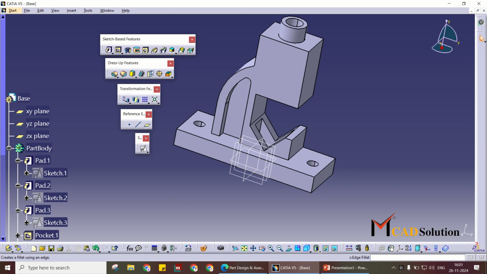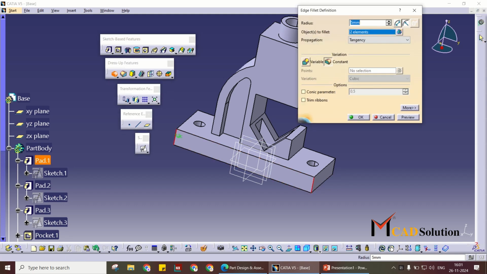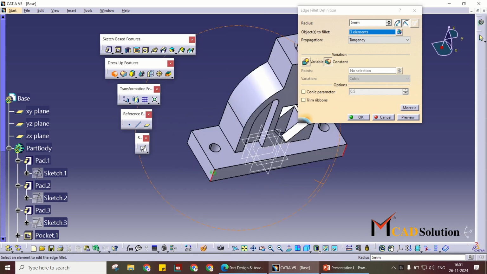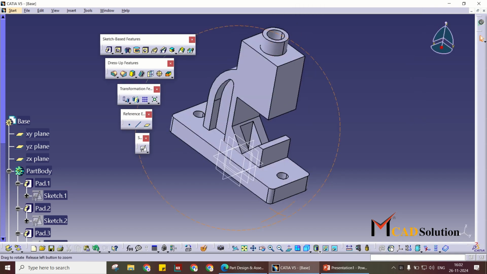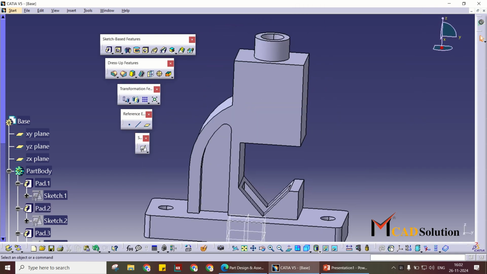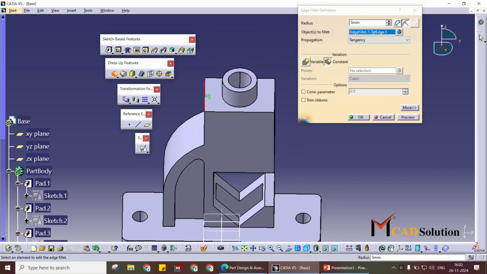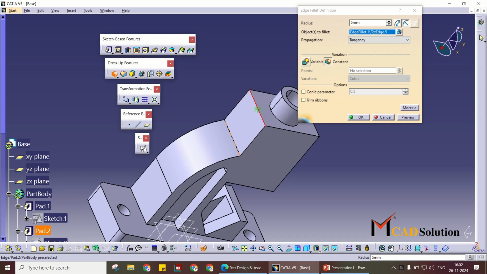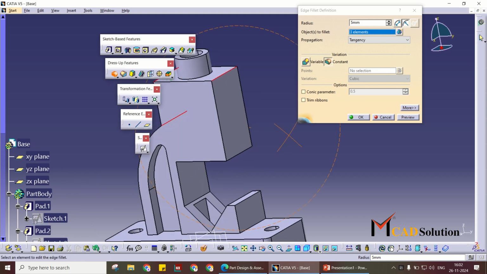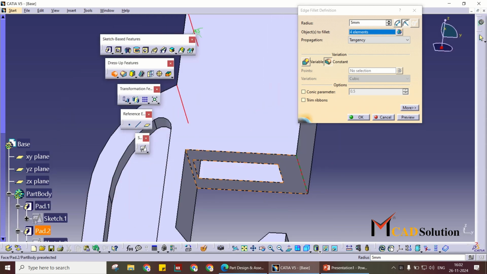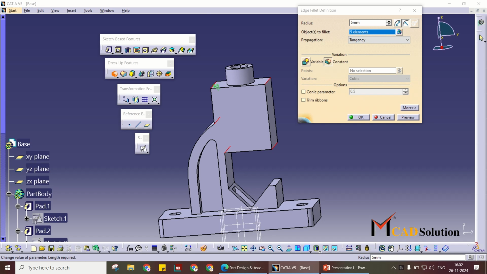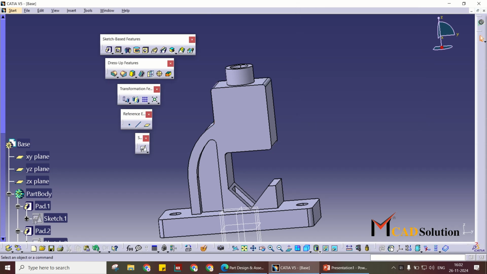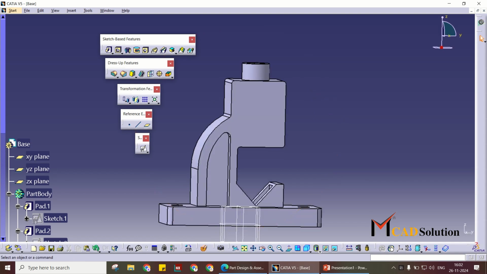Okay, now fillets. 5 mm radius is given. Select edges, enter 5 and okay. Again edge fillet command, 3 mm fillet is given for this side. 1 2 3 4 and zoom in 5. 3 mm. Okay,